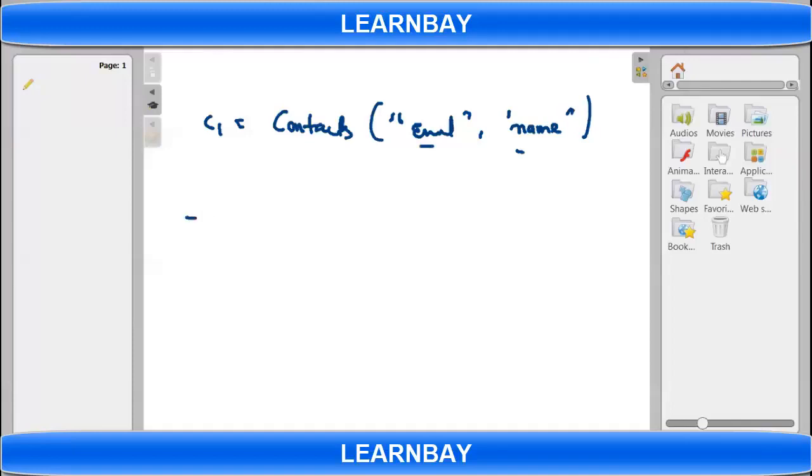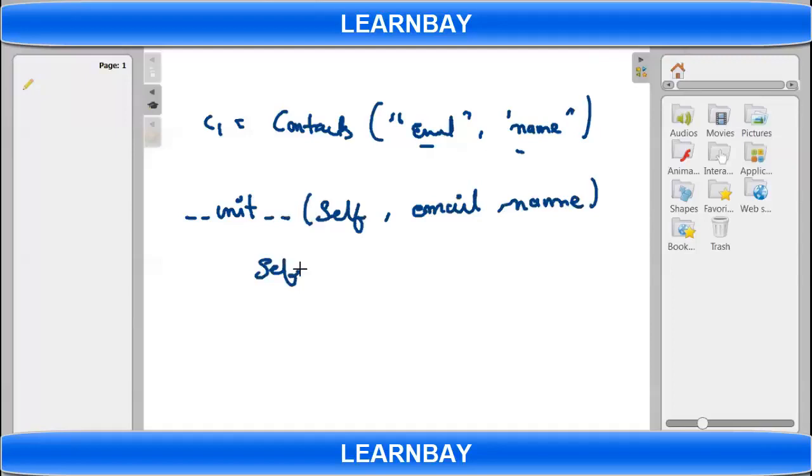You might have written some code in init. Init underscore and then self, and let's say email. You're having an email and then name, and might be having a phone number. So what should you write here? Self dot email is equal to email.